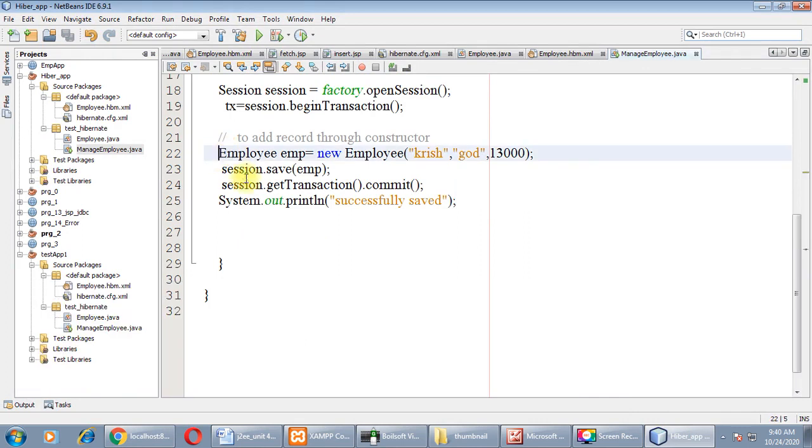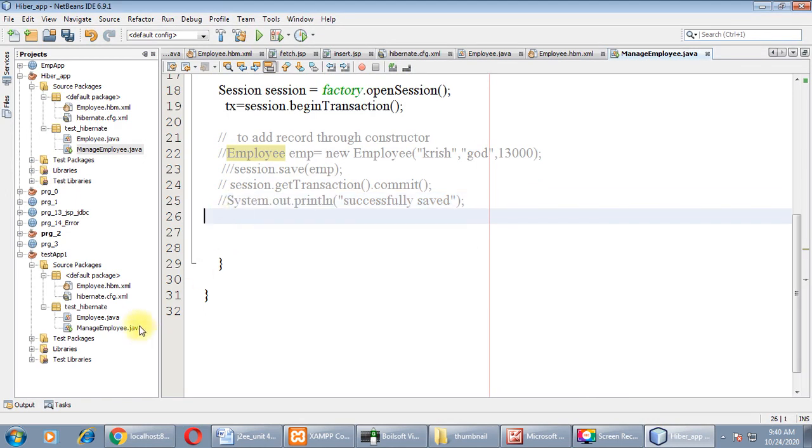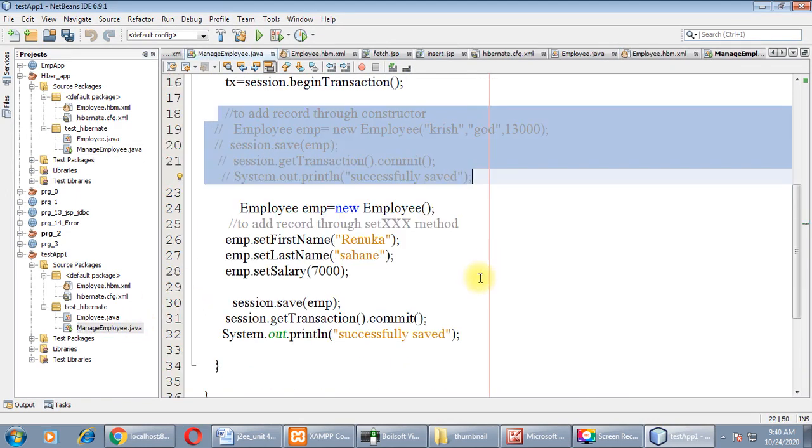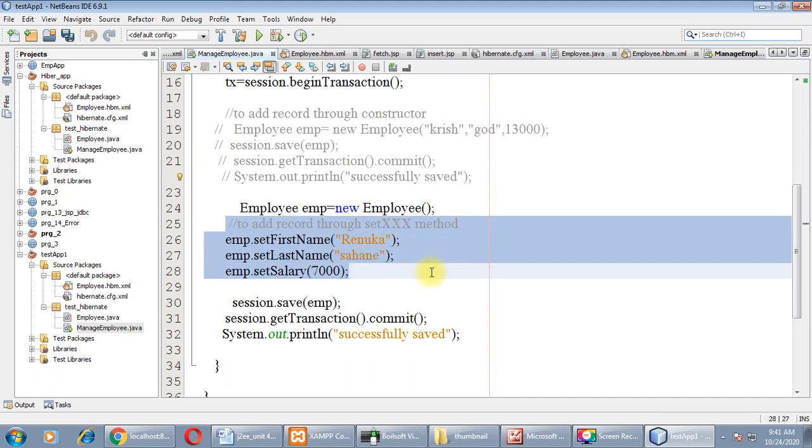So it is a very simple way to insert a record through the constructor. Now the second method is to add a record with the help of setter methods, right? For that we need to create one object of Employee class, which we have already created. So we will just use the setter methods, nothing else.